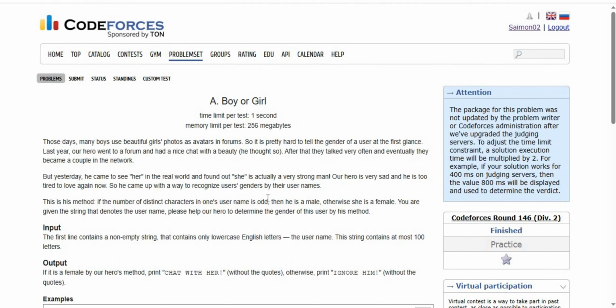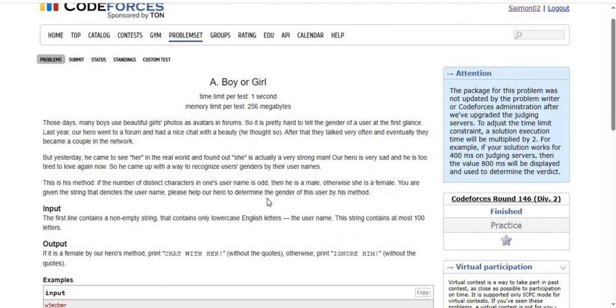Our today's topic is on forces, boys and girls. Here we can see that there are multiple types of boys and multiple types of girls in this section,